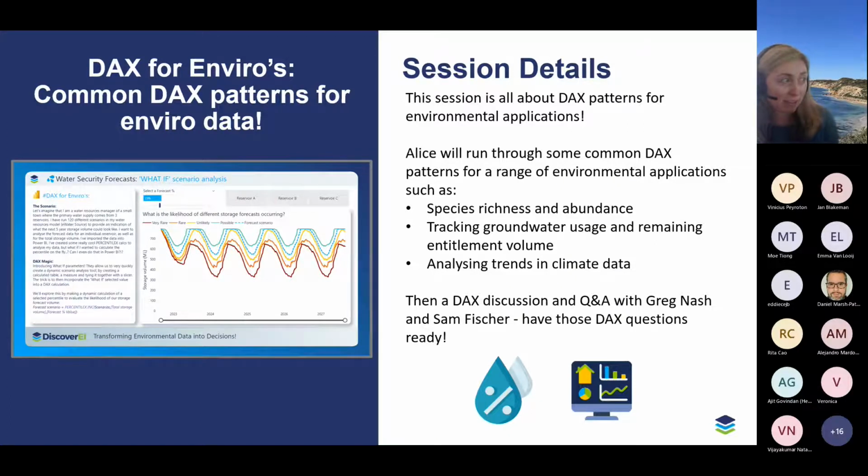And then in the second half of the presentation, it will really be a free-for-all. So it will be an open Q&A discussion with Greg Nash and Sam Fischer, who are 2 DAX gurus. So just make sure that you've got your DAX questions ready. As I mentioned, feel free to type them in the chat, and we'll do our best to help out.